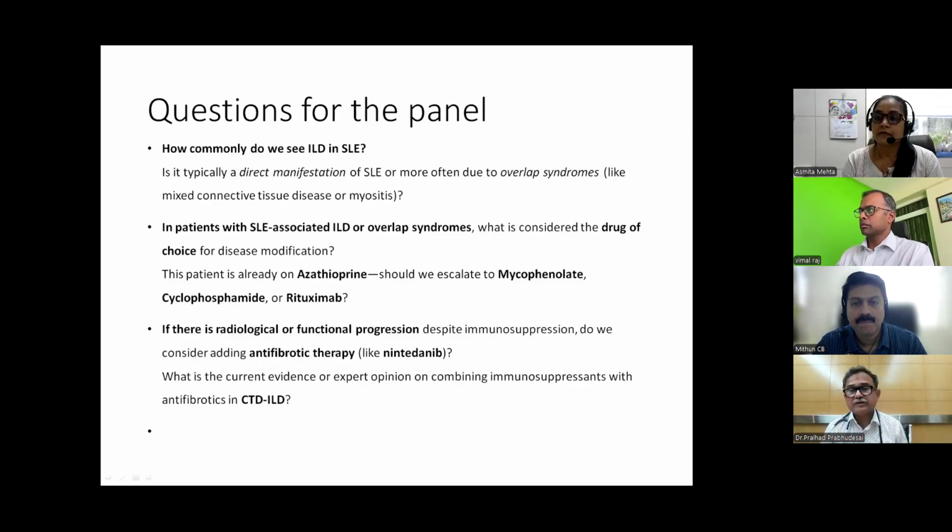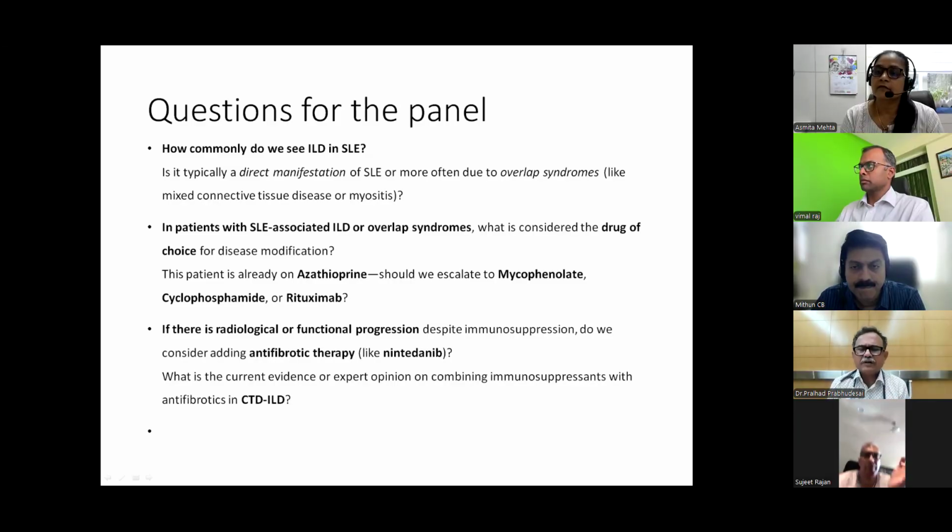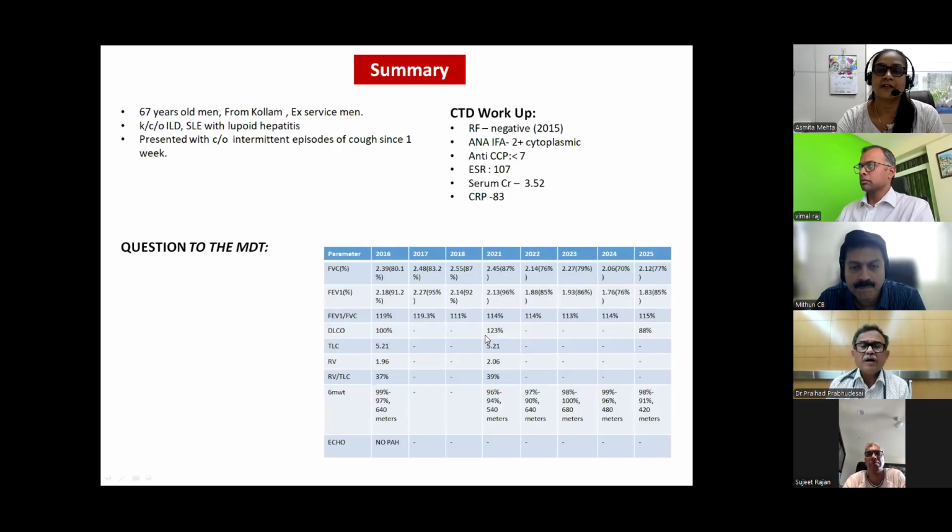There may be some shadows, but in this patient I would like to say that surprisingly, the lung involvement is significant, if you see. But the lung function test is really not reflecting it. Even the 2023 and 2025 lung function shows hardly any deterioration. Yes, sir, there is honeycombing seen. So I am of the opinion that definitely we should stop or change something.